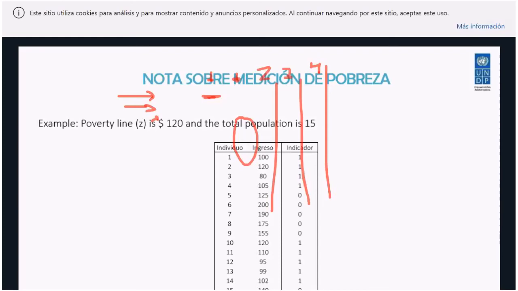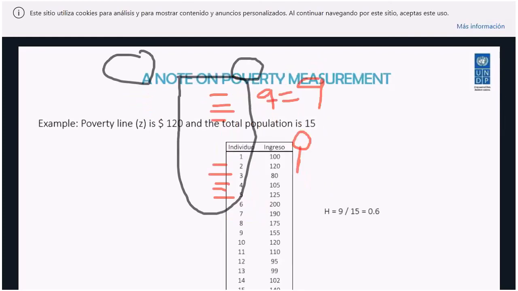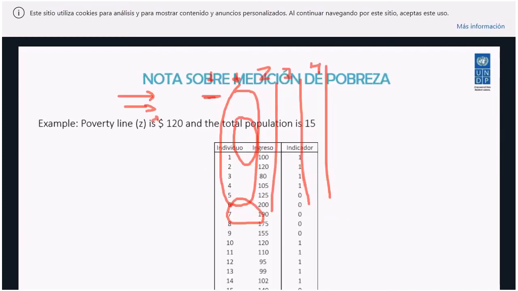And at the end, we can just calculate the average of the entries of the matrix. And that would be exactly the same share: 60% of the population, like here. I mean, the poor population divided by the total population is 60%. If we use positive entries in a matrix, the average of those entries, the average of ones and zeros, will be exactly the same, 60%. So this is again quite obvious, quite simple.